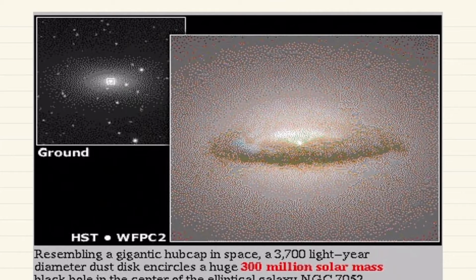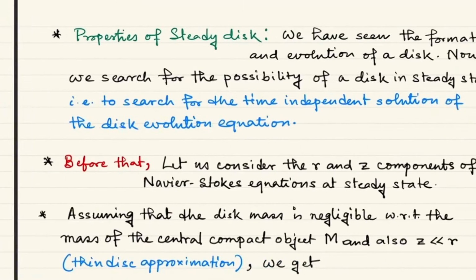So this simply says that the existence of a black hole is there in the proximity of this thing. This is the horizon of the black hole which you can see, not the black hole, of course. And so you see that this is a real image of an accretion disk around a black hole, and you can see that what we are just discussing, the image which was developed in our mind, is very, very close to what we see in reality.